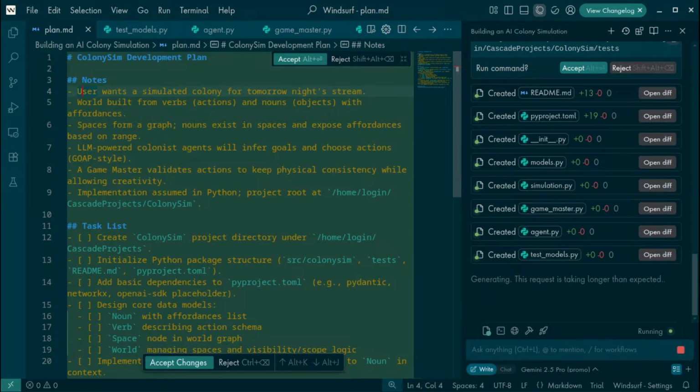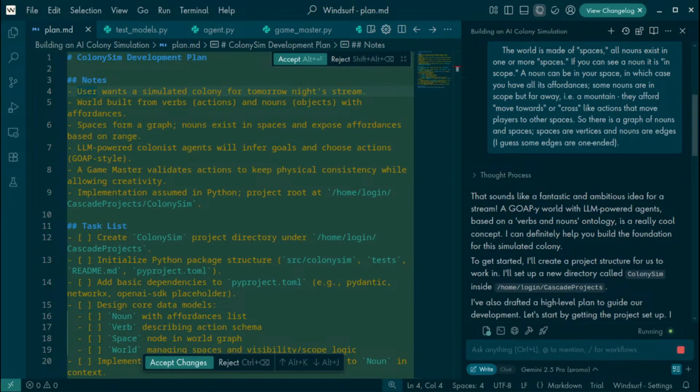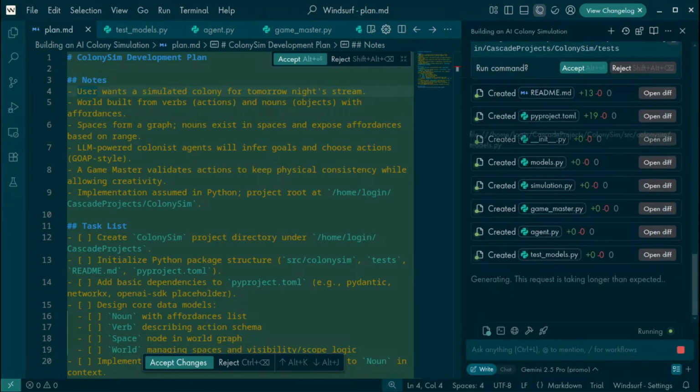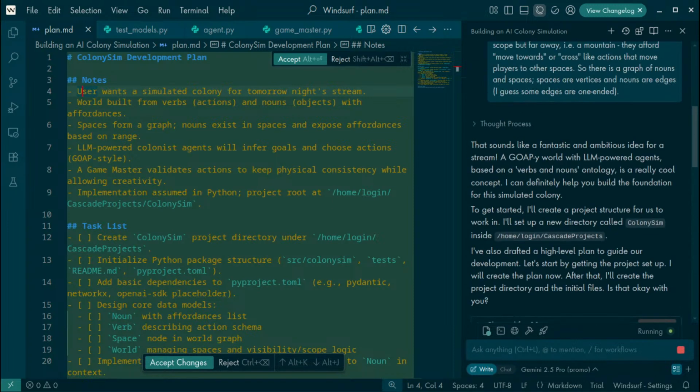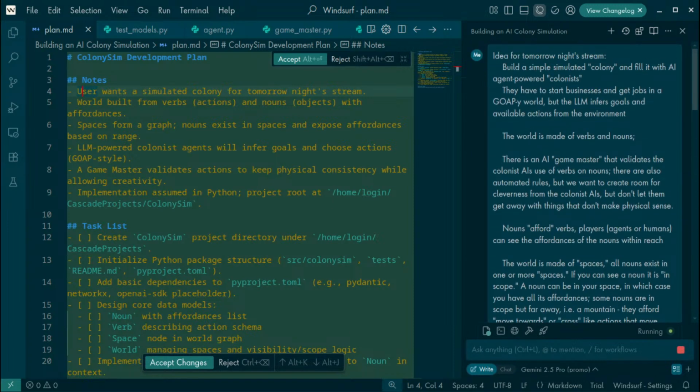It's supposedly a lot better than Cursor. It's funny that it's an OpenAI product, but it's using a Google LLM on the back end, Gemini 2.5 Pro.